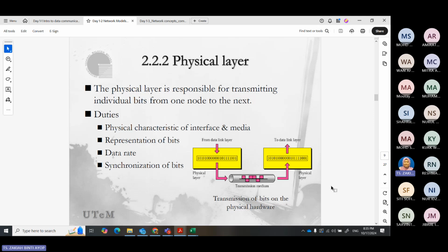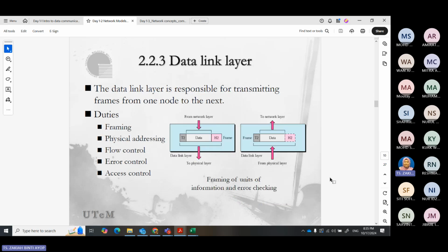Okay, so the physical layer is the physical connection starting from the network interface card to the next network device. Now the data link layer manages the physical transmission circuit in layer 1 and transforms it into a circuit that is free of transmission errors. So here, the keyword is transmitting frames from one node to the next.